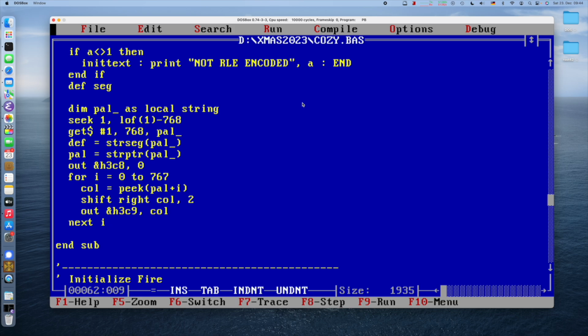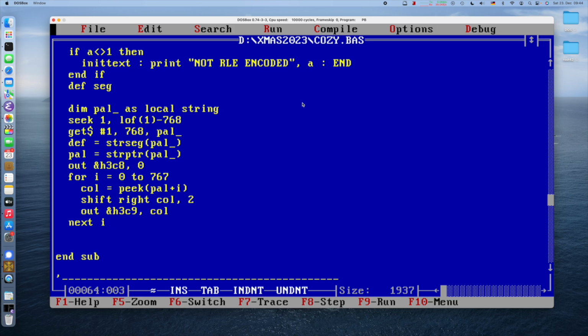Next up would be decoding everything. And for that, we create a string called pix underscore with size 1, because we don't need more. There is an issue, we can't read all the data. I would have loved to just read in a whole bunch of data, but strings can only be something like 16 kilobytes at most. So we would need to use chunking,